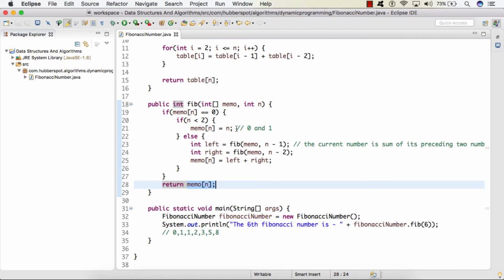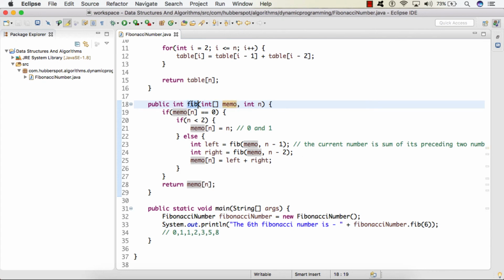So friends, now let's see the demonstration of this code in the main method. So first we'll initialize the Fibonacci number class. And let's say we want to find the 6th Fibonacci number. So here the value of n would be 6.